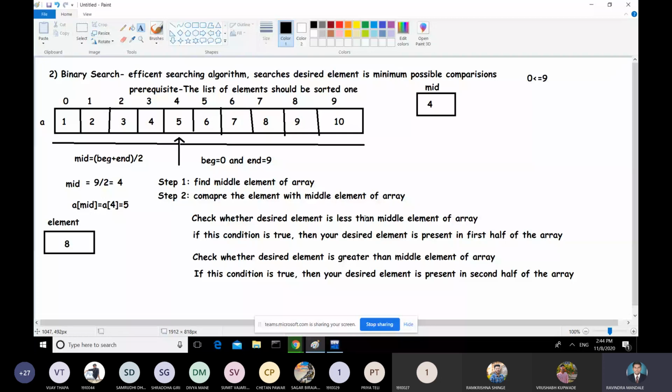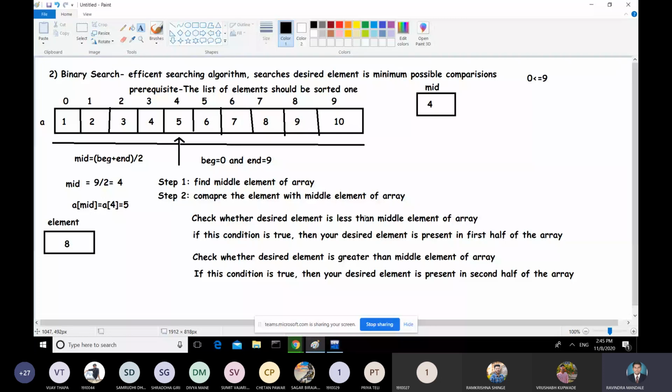You need to just search desired element in first half of the array. Your desired element is present only in the first part of the array, not in the second half.